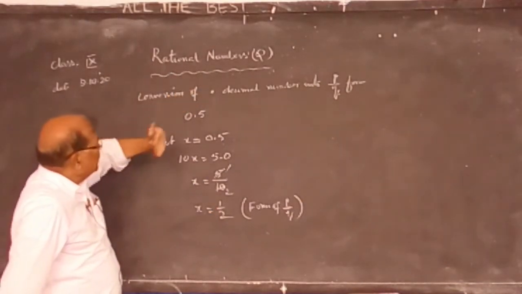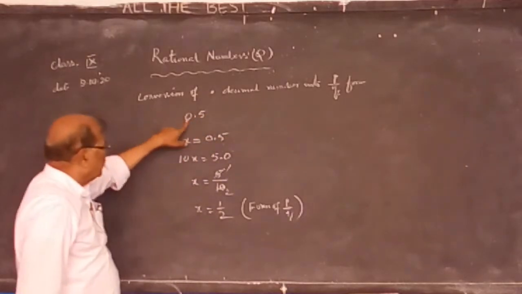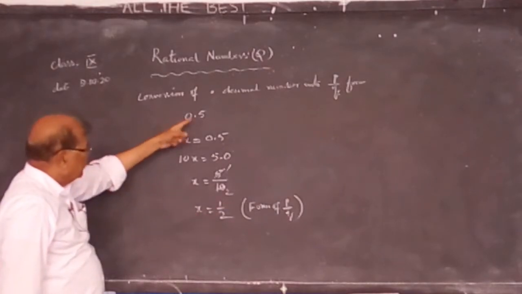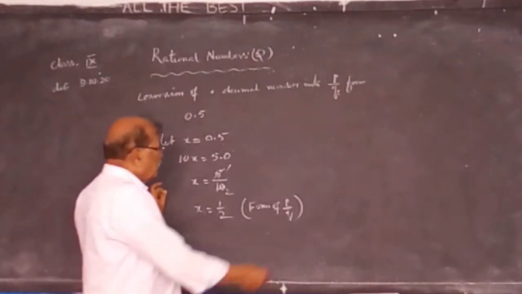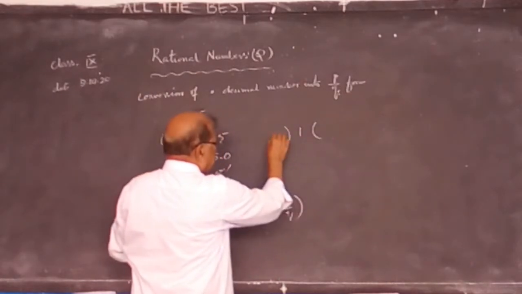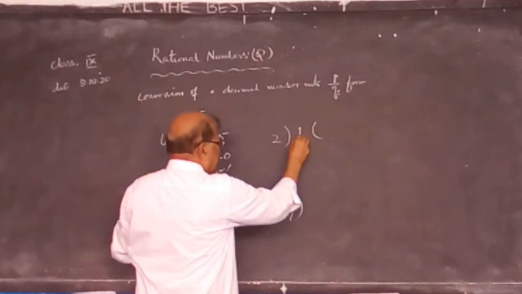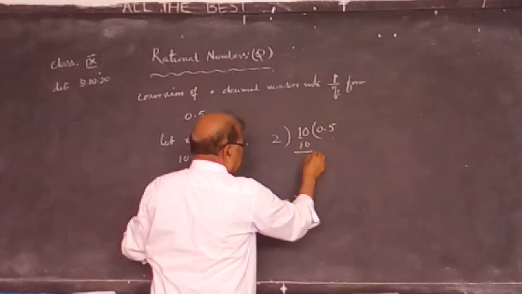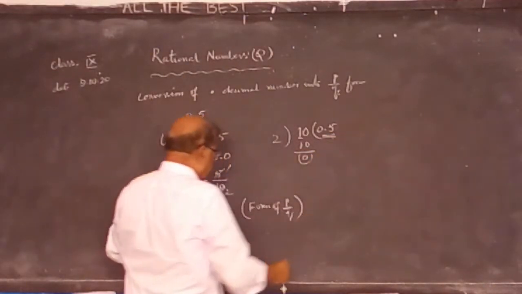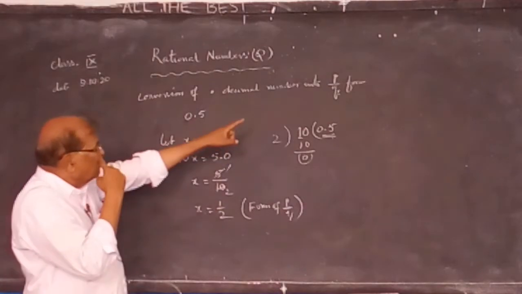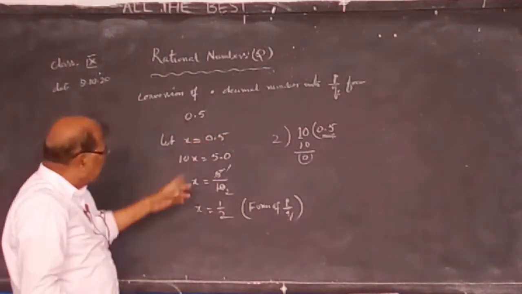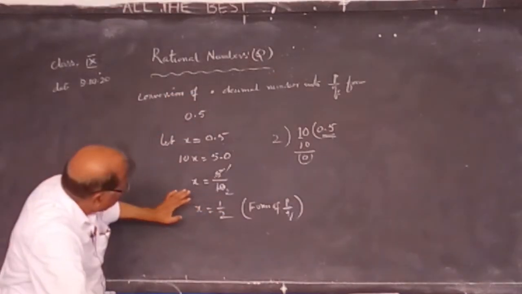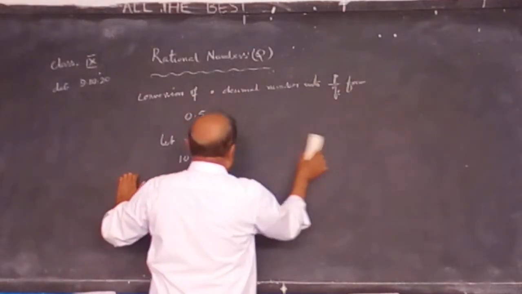So, rational numbers can be expressed in the form of P by Q or in the decimal form. When it is in the form of P by Q, you convert this into 0.5. How do you get it? 1 divided by 2. The dividend is less than the divisor. So take the point and put 0 here. 2 5s are 10. Remainder is 0. So 0.5. So the value of 1 by 2, which is the form of P by Q, when converted into decimal, is 0.5. This is one way. I will tell you another way also.